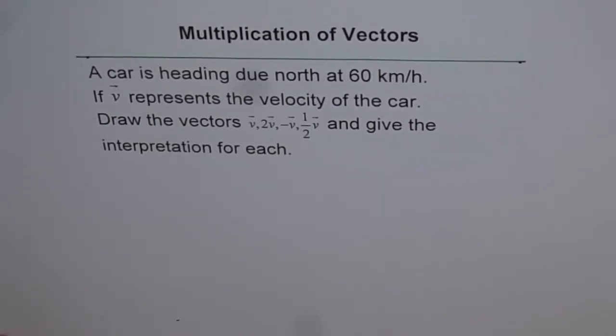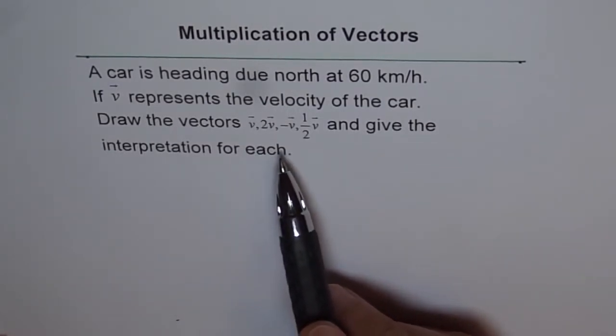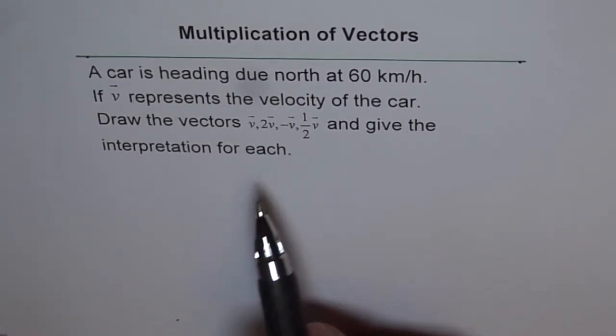Let's try to understand multiplication of vectors. We also call it scalar multiplication. In a moment you will understand why. Here is an example. A car is heading due north at 60 kilometers per hour. If v represents the velocity of the car, draw the vector v, 2v, minus v, half v, and give the